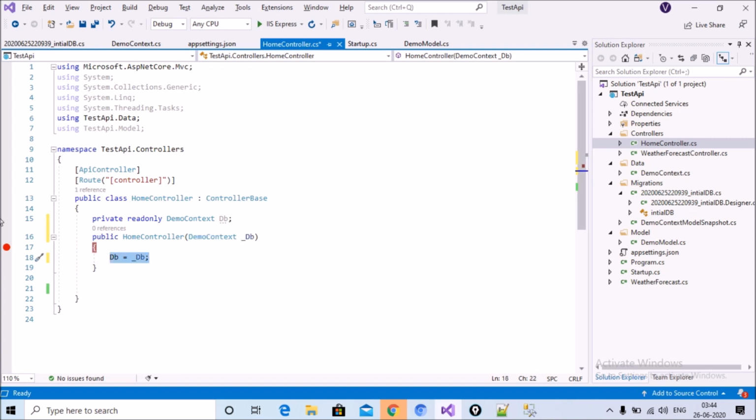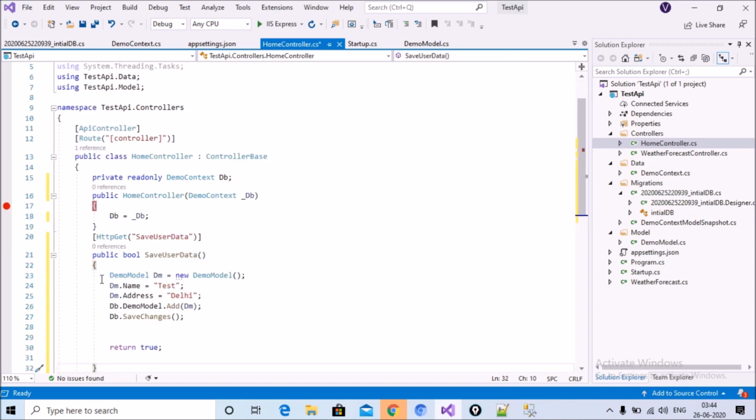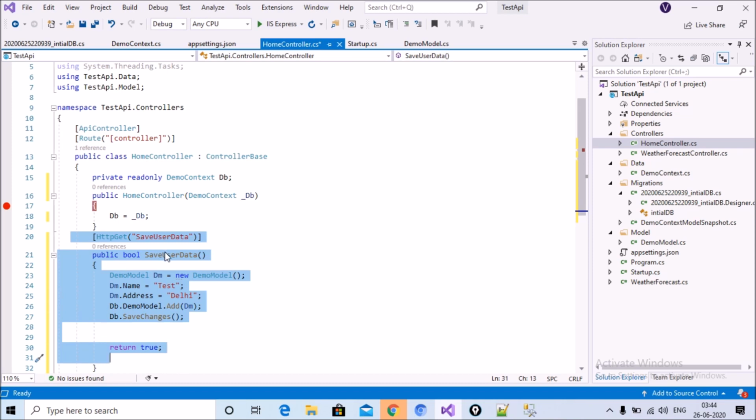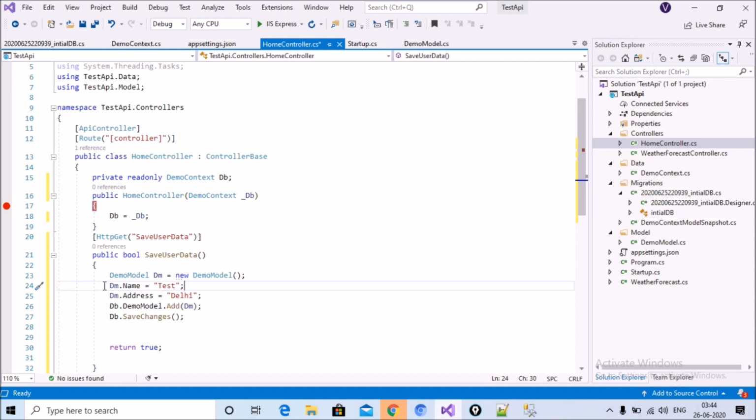And after that in this controller we write a function. We can see that in this home controller I have written a function. The function name is SaveUserData with HttpGet, and in this SaveUserData I create an instance of DataModel. You can see that here, DataModel dm is equal to new DataModel, and my data model has two properties, name and address, and I simply hard code and pass the name and address like that, and using here